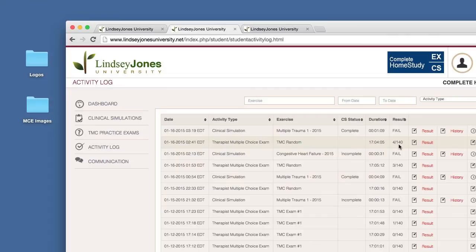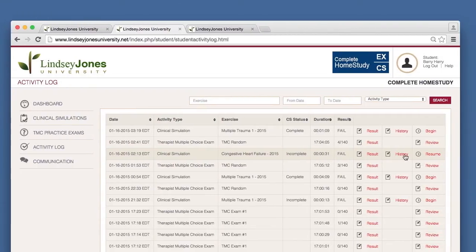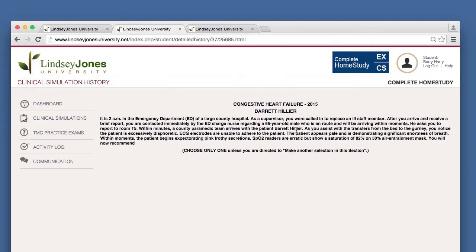And it tells you your score if it's a DMC exam. If it's a clinical simulation, it just tells you whether you passed or failed, but you can look at the details by getting into here. Or you can go back and in place of review, we have history. It's the same thing. You can go back into review that and it'll show you everything that I've done on